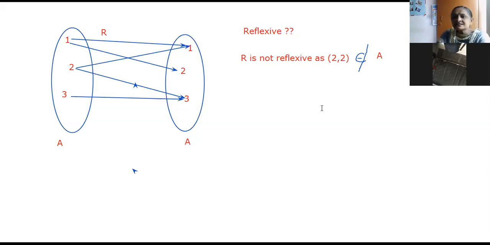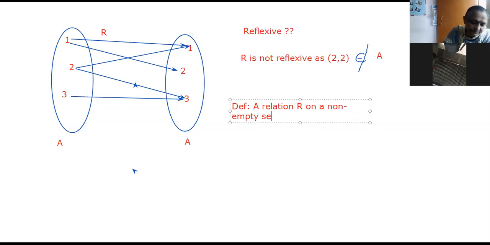So what happens? Which relation is a reflexive relation then? So the definition of reflexive relation: a relation capital R on a non-empty set capital A is said to be reflexive if ordered pair (x, x)